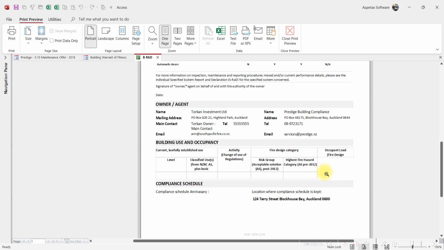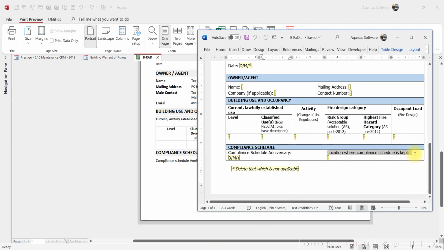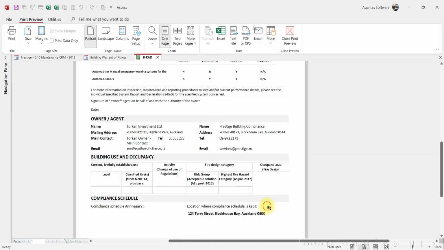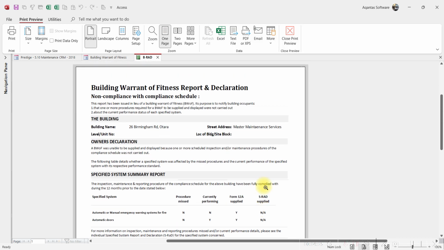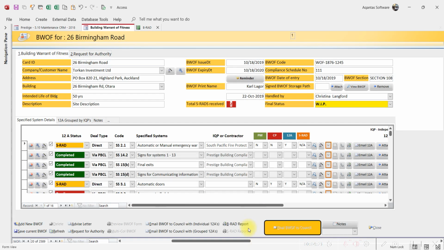All right, and compliance schedule, this also is new, but I had this information: location where the compliance schedule is kept. I just modified the text based on what's written on this form. Earlier it was something different. Okay, so if this is okay, then I can make a provision to have this B-RAD report emailed to whoever you want to. And